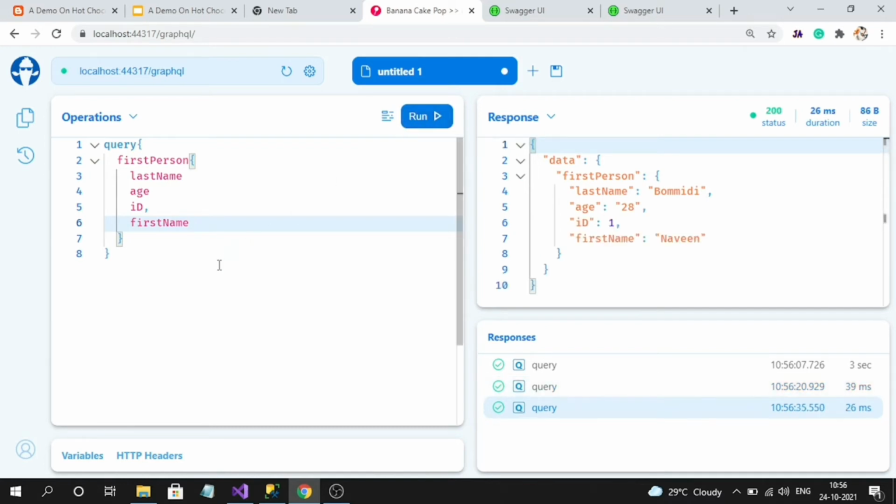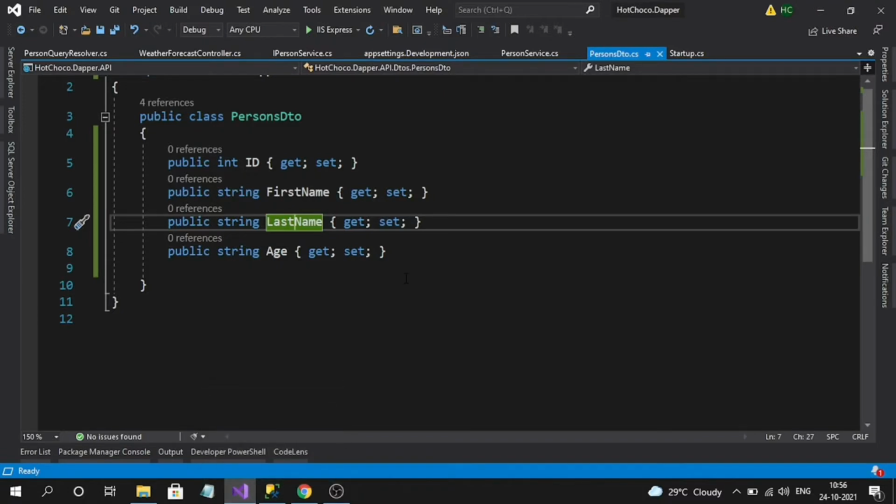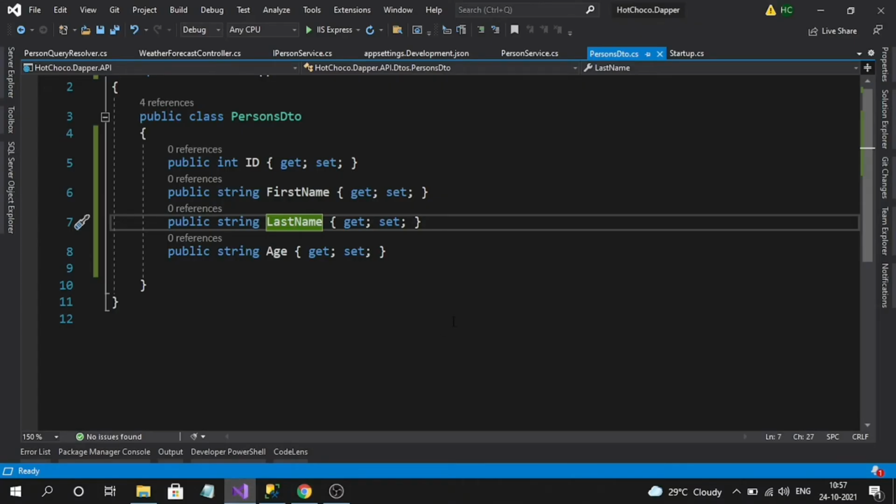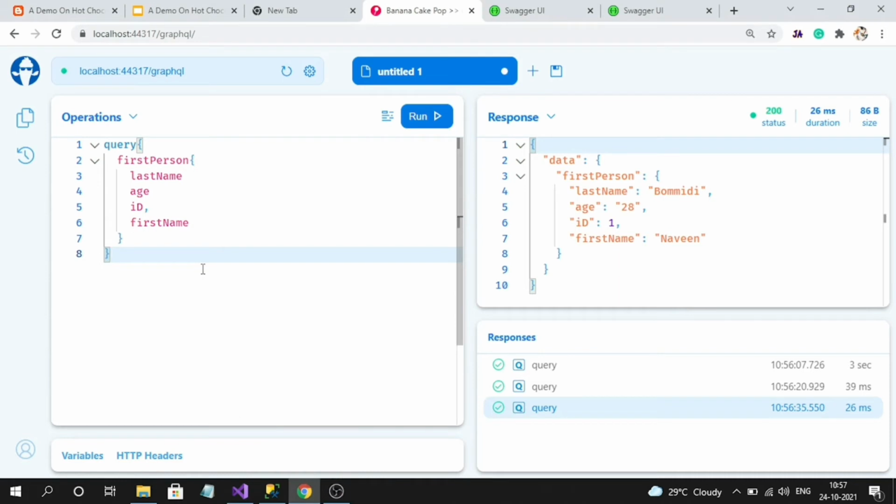So how is it understanding and how is it working, you're thinking, right? This entire thing is nothing but the schema that is already generated when we run our application, generated by the Hot Chocolate library implicitly. That schema is what comes as IntelliSense to this editor, the GraphQL tool. This tool is called Banana Cake Pop, which was developed by Hot Chocolate. So this IntelliSense, everything, is coming from our API itself. Okay. So it is a very easy testing tool for the GraphQL endpoint provided by Hot Chocolate.